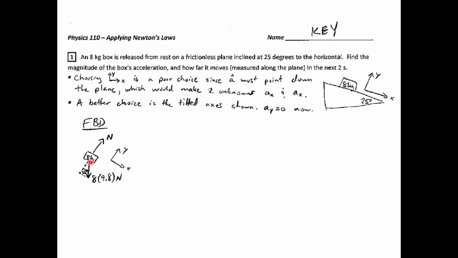The weight force is 8 times 9.8 and directed downward on the box. Doesn't matter if it's on a plane, it still acts straight down towards the center of Earth. And then we've got another force from the plane on the box, and we might have labeled it as F plane on box, but here I've just labeled it as N, and that stands for a normal force. Normal means perpendicular in this context, and the force is directed perpendicular to the surface that the box is sliding